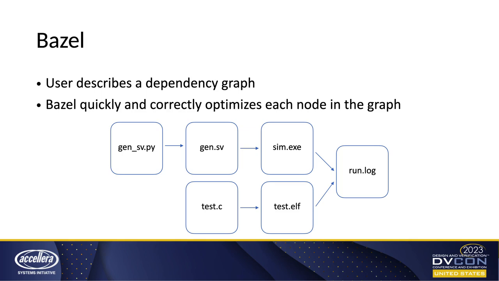And then you also have, let's say, a C file that's compiled and then run at runtime. You use that executable simulator and the test you compiled, and you produce a run.log too, and maybe some other information about whether the test passed or failed. Right? So you have this build graph